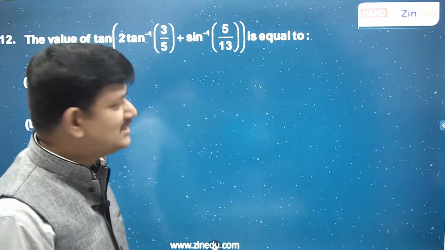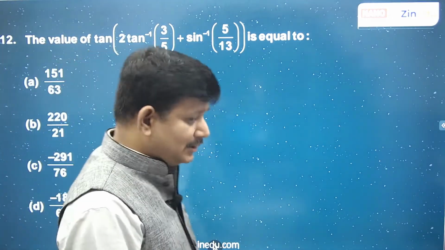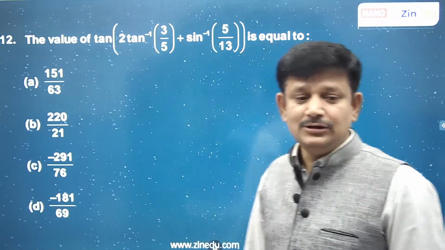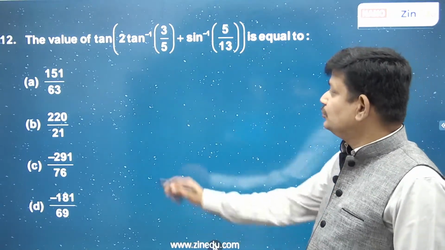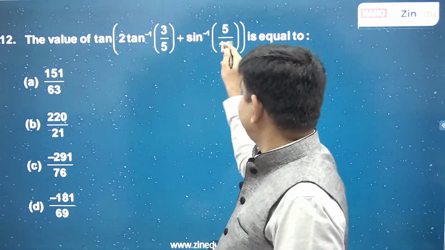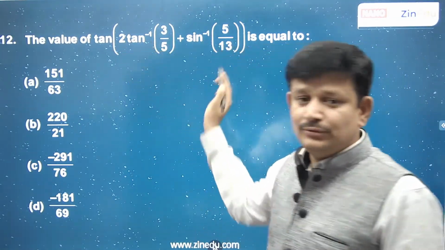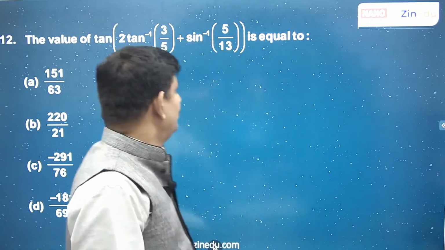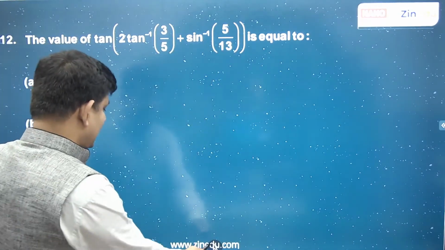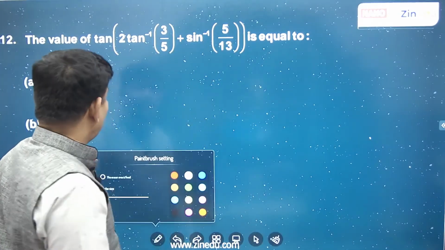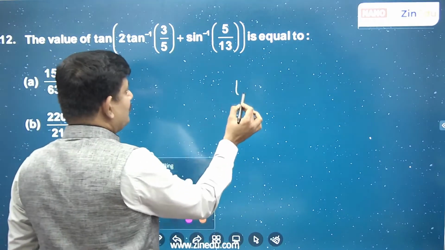This is again your NCERT textbook question. Nothing novel here, just that you have to do some calculations. So he's asking you tan of two angles. Whenever you want to find tan of the sum of two angles, preferably if this was in tans, it would have been a lot more easy. So we have to find tan of